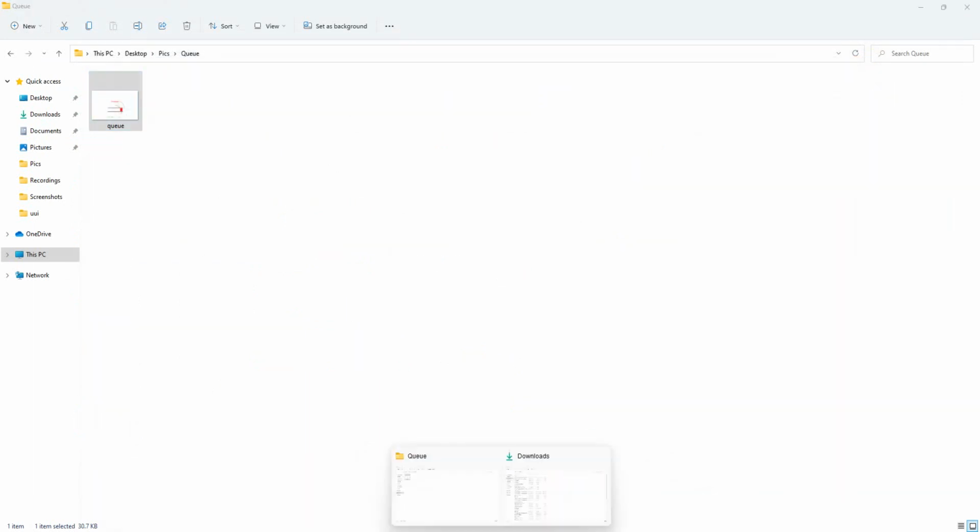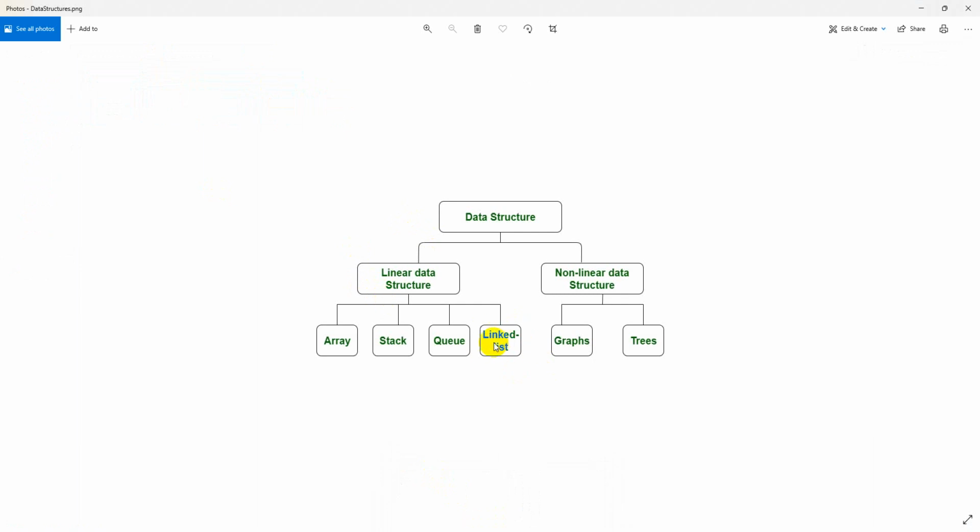Now let's move to the next one, that is linked list. A linked list is similar to an array, but a linked list doesn't require the elements to be in memory locations side by side.